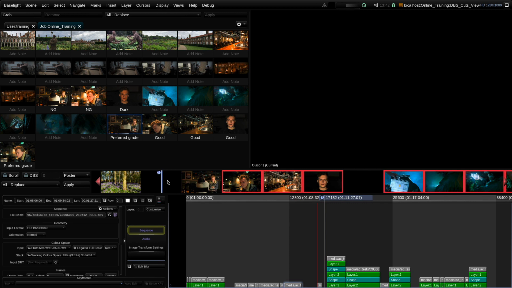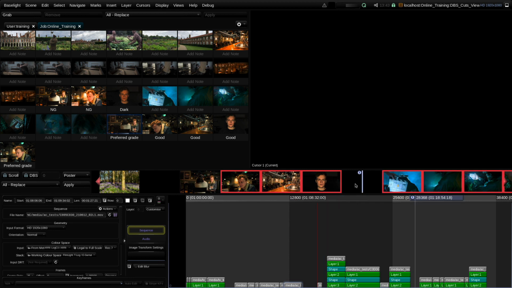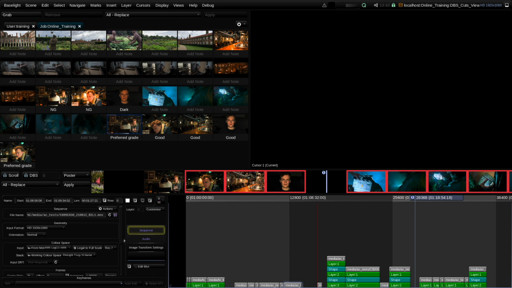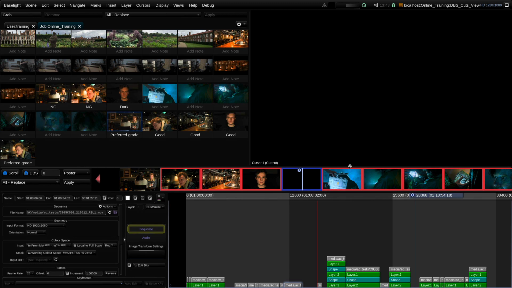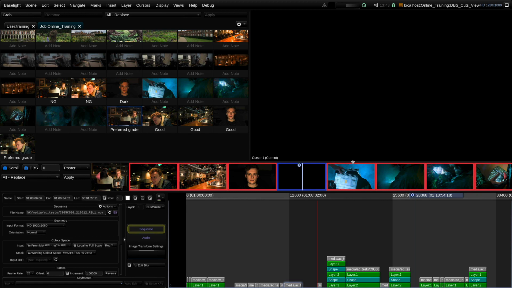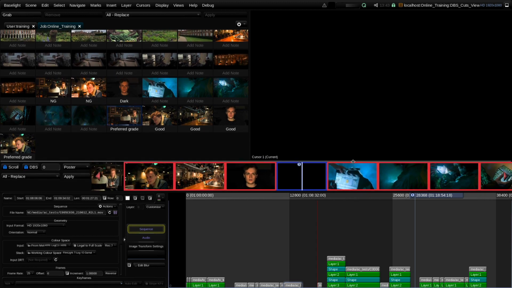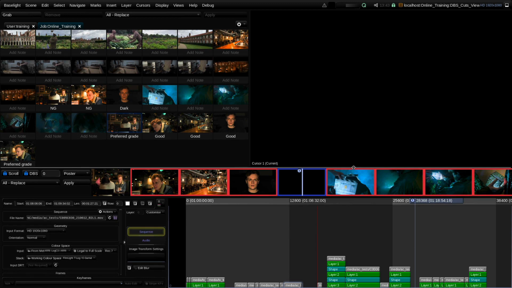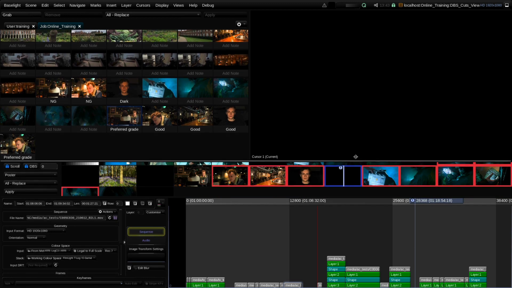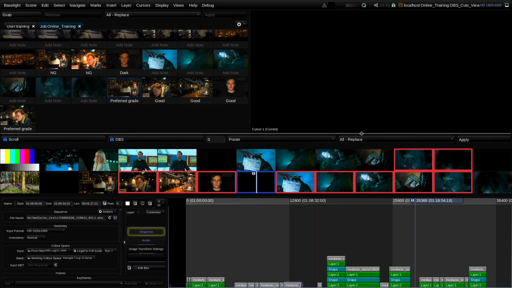So let's have a look at the cuts view in a bit more detail. Well, obviously it gives you a thumbnail view of the scene. And the thumbnails can be scaled by dragging on the top or the bottom of the cuts view. Now, if this doesn't work, try holding down Control or Command while you drag, because the height of the cuts view may be locked by default. Now, if you drag the height of the cuts view beyond a certain limit, you'll notice that the single row of thumbnails